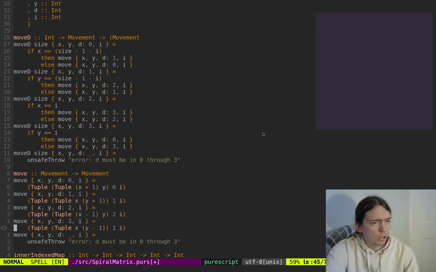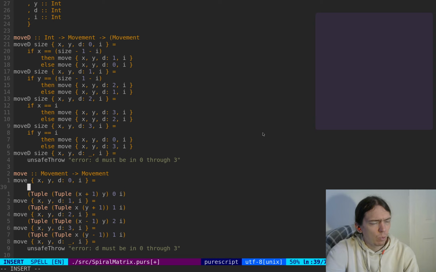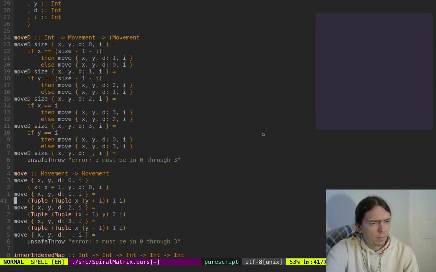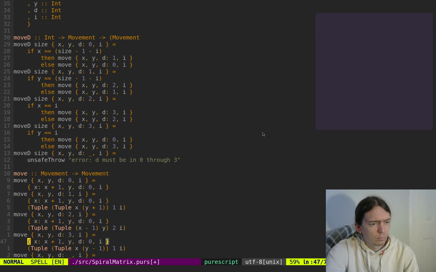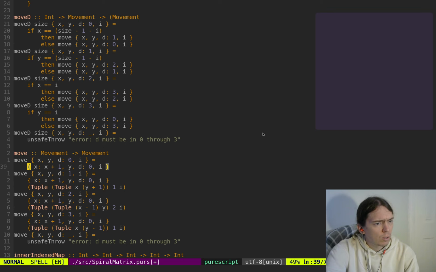That indenting is worrisome. I'm not sure what's happening there. Okay, so then we don't want to do that. We just want to go x, y, x plus 1, y, 0, d 0, I, right? So then this one,